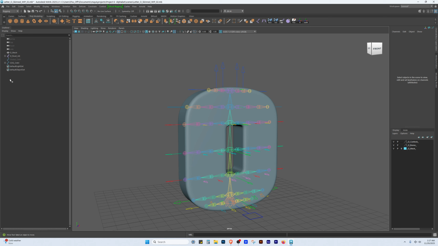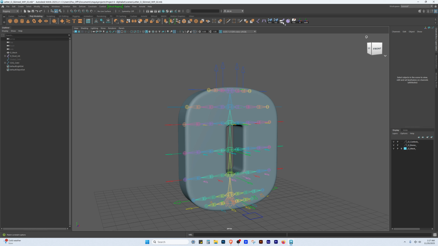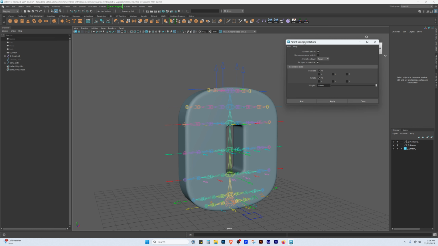So from here, make sure it's rigging, and under constraint you're gonna want the parent constraint. I already have it here. I have it as the option box. Alright, so again, this guy right here, parent constraint options, reset, so everything's default. Make sure maintain offset is checked on. Okay,